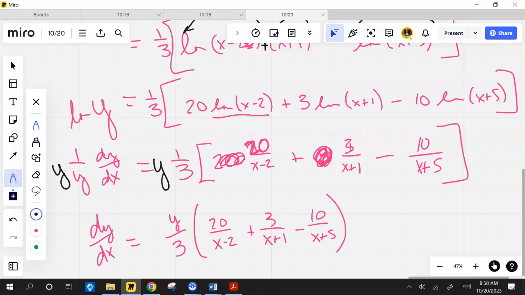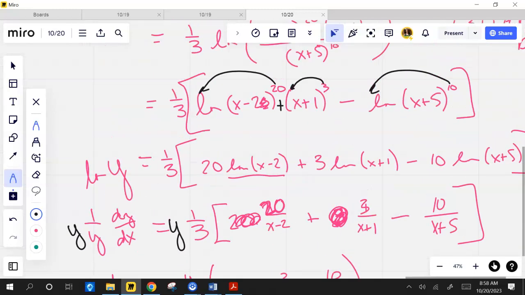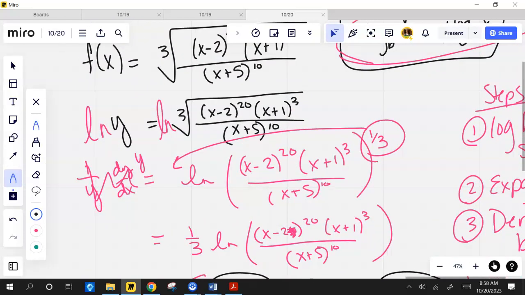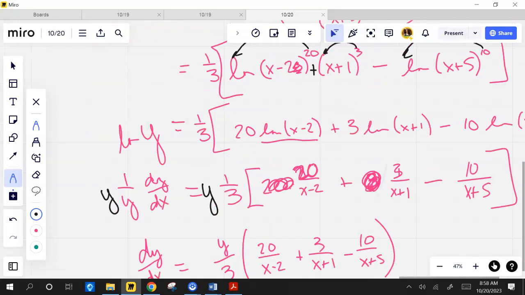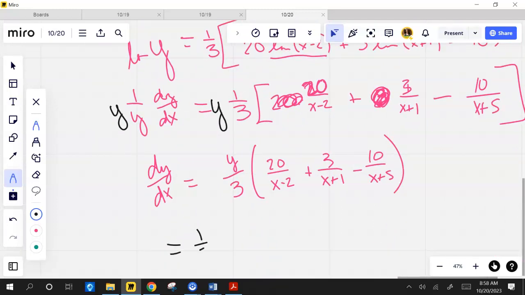Do you know what y is? It's what we started with. Just write it. It's a lot to write, but it's really not. Remember in the beginning, if you were doing the regular old derivative of this, this was a 1/3, we'd multiply by 1/3 on the outside, keep the inside the same, and have that exponent. That's going to start coming out here. We'll start seeing it. So this would be 1/3 times y, and y was